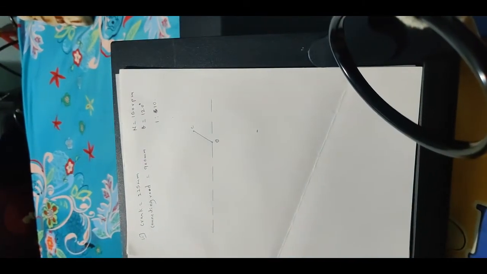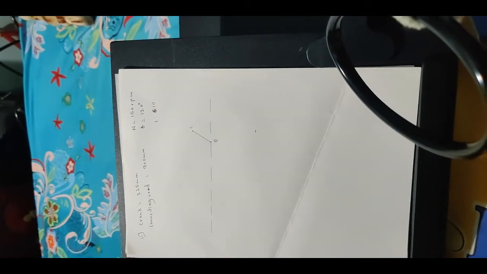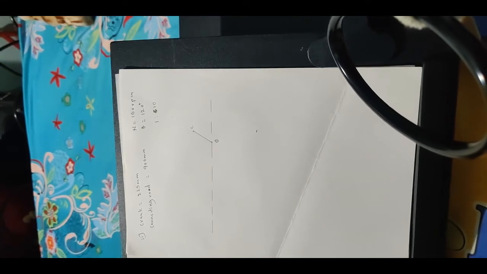From here we have to cut an arc of length 90 mm. I'll first set the scale. From here we'll measure 90 mm.